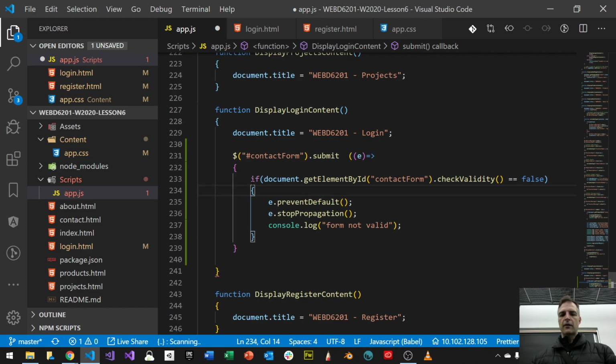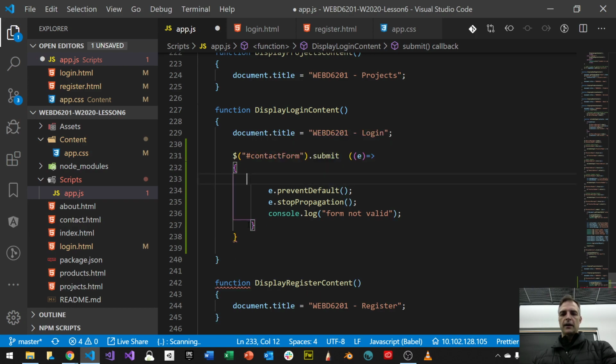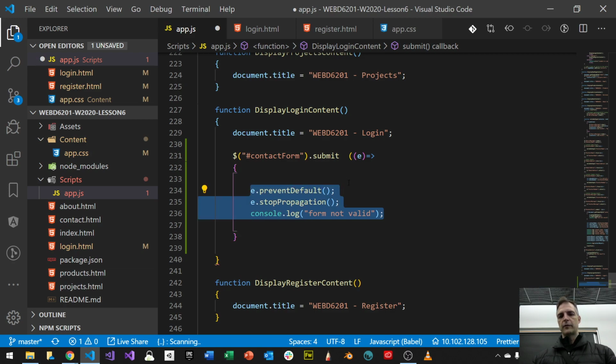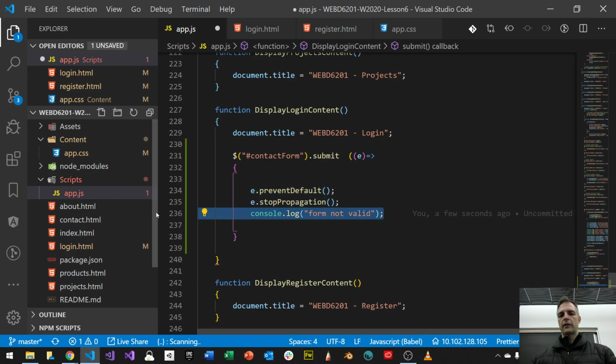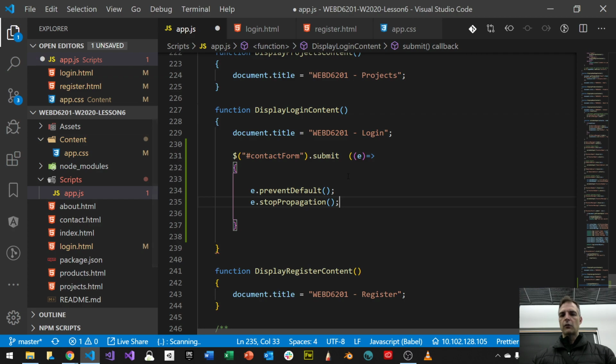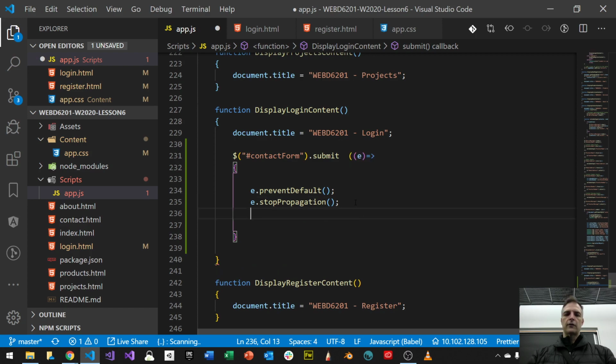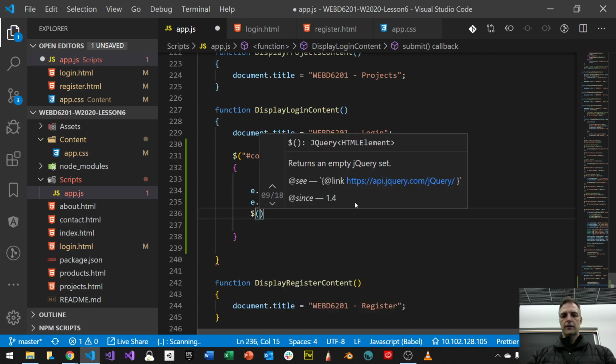And what I want to do right now is when the submit button is pressed, I don't care about this. I just want to prevent default and prevent propagation. I want to do that, and I want to get rid of this. I also want to clear the form. So I want my contact form to be clear. So I can do that. I can just do the same thing, right? So I can say something like,